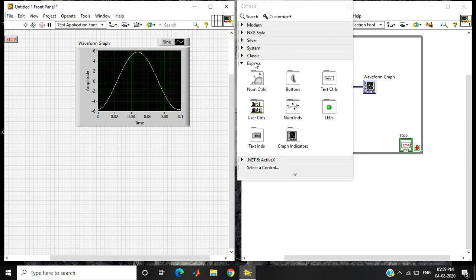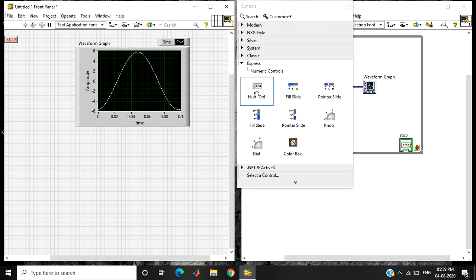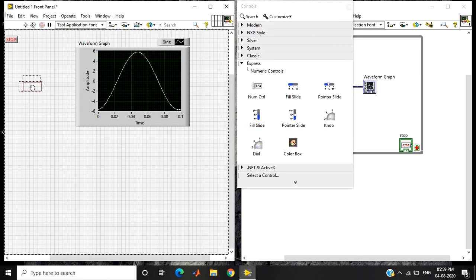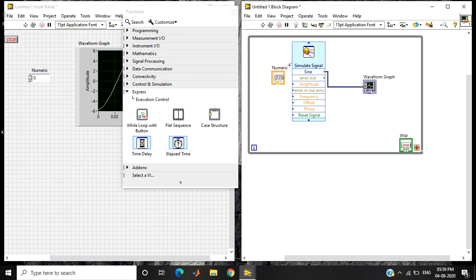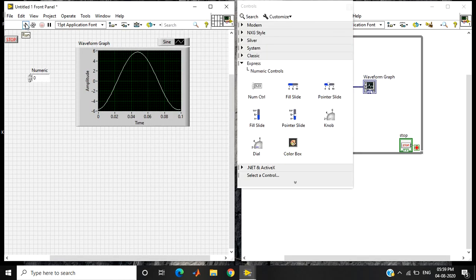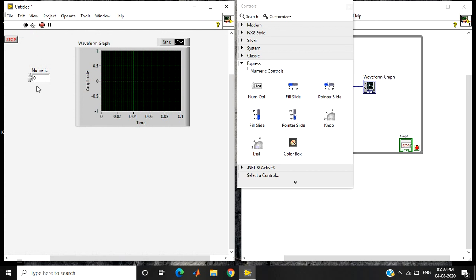control palette, Express, Number Controls, select Number Control, place it in your front panel. Now when you go to your block diagram, you can see a corresponding block diagram element has been created. Now we are going to connect the amplitude with this numeric block. Again go back to your front panel and run the program. Now your amplitude is 0.